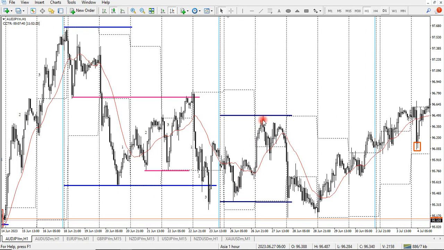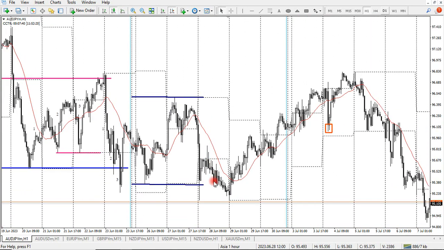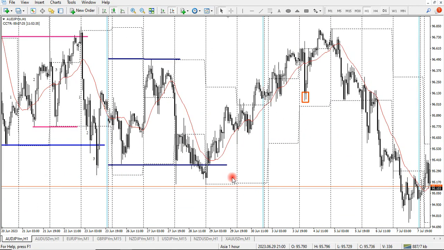As you can see, Monday, Tuesday consolidated. Markets do 3 things. We go again. They break out, they pull back and reverse. They break out, they pull back and trend. They break out, pull back and consolidate. So in this case, they broke out, went up, gave us a nice W. Some people won't see this W.